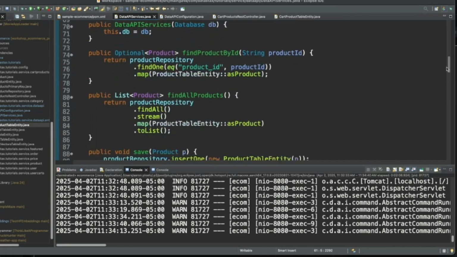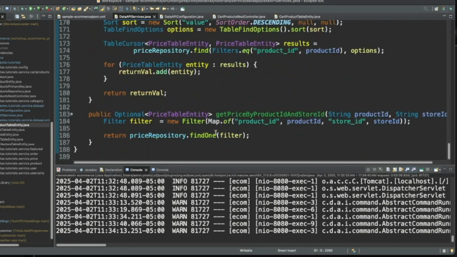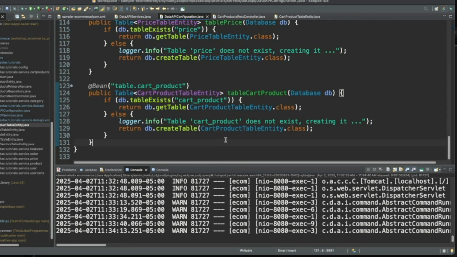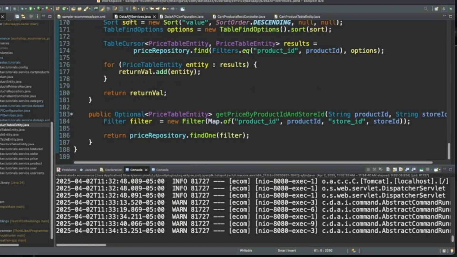All right. Next, let's go ahead and we want to be able to find all of the items in our cart by an ID, which is a UUID. So let's go ahead and have a look at our cart product controller. UUID, cart ID, there it is. Okay. So we need to be in our data API services. And this is get price by, yep. Okay, so let's do public.